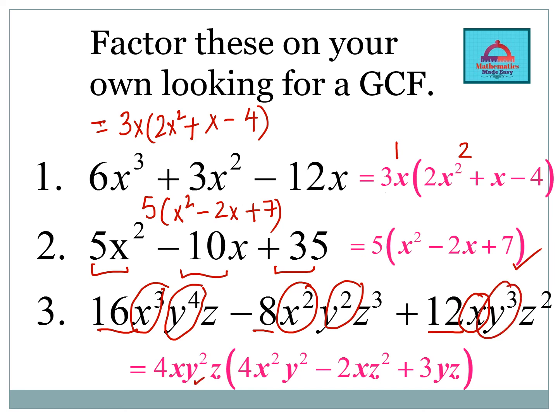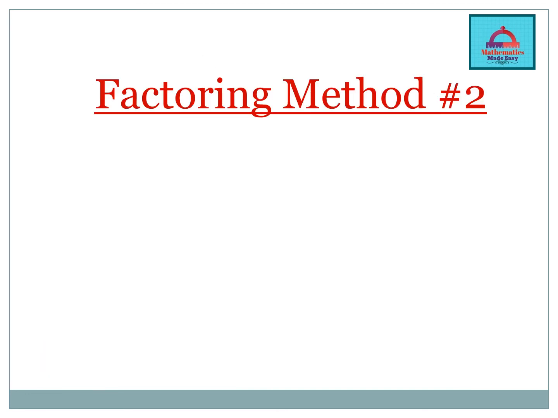Then z to the 1, z cubed, and z squared, so z to the power 1 is the GCF. In this case, the GCF comes out to be 4xy squared z. That's what you take out, and inside you are left with the quotient. So these are the two factors, and I hope you've understood how to take the GCF and use it for the factorization of polynomials. Okay, so now we move on to the